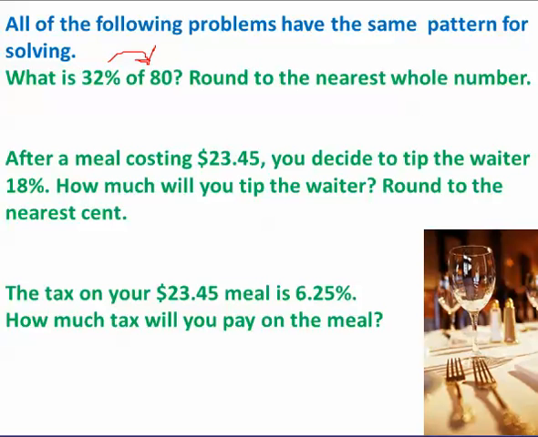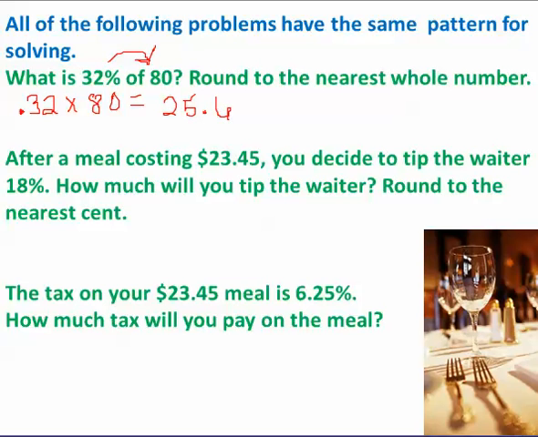Well, we can simply do that like we just said. I need 32% of a number, so I need to change it to a decimal, 0.32, and then I need to multiply that by 80. And that's going to tell me what 32% of that number is. Let me go ahead and do that. 0.32 on my calculator times 80. And I get